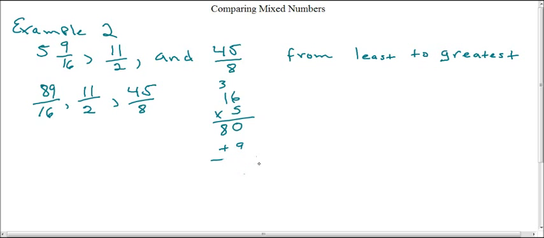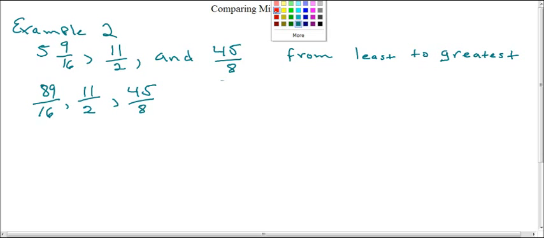Okay, so let me go ahead and make some more room for us here. Remember what I did to get the improper fraction. Okay, so we made a little room, and let's go to work from there. Put a different color on here. So